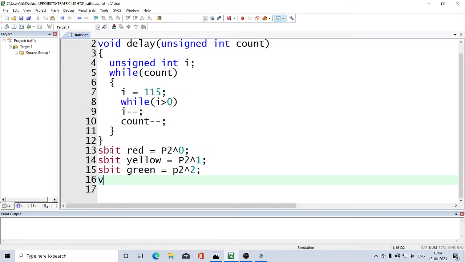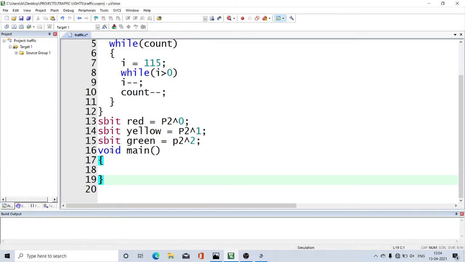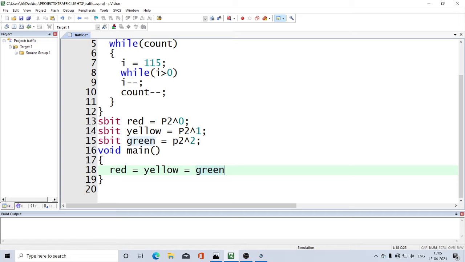Then next, main function, void main. Red equal to, yellow equal to, green equal to 0.